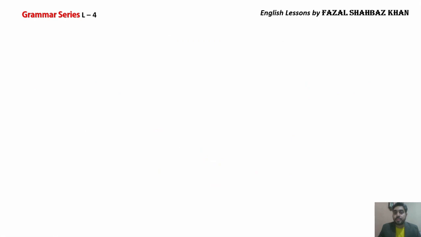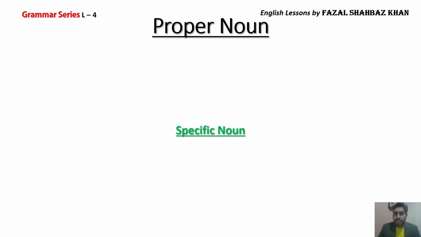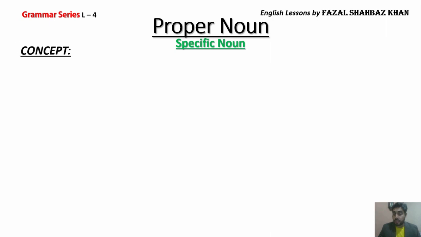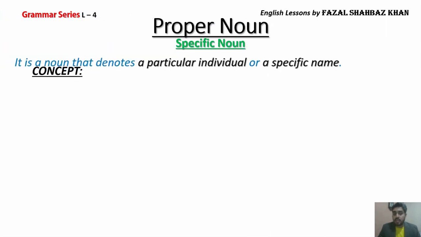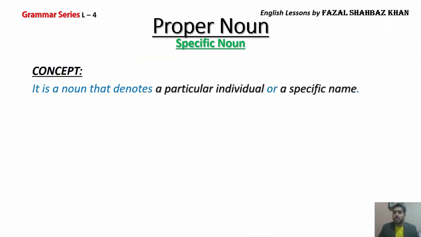In other words, let's get down to the second type, that is proper noun. In other words, that's also called a specific noun. Why is it specific? Let's find out its concept. It is a noun that denotes a particular individual or a specific name. Now, very contrary to a common noun. For example,